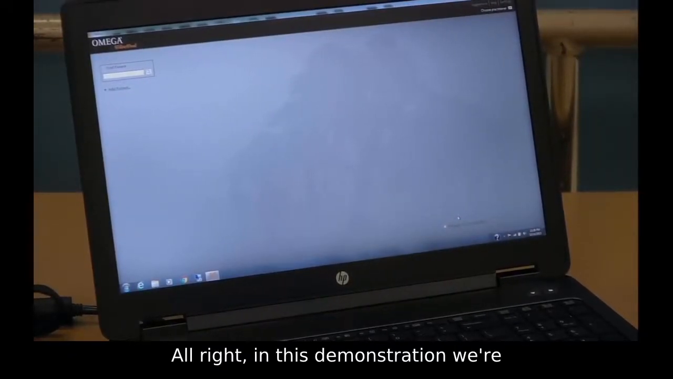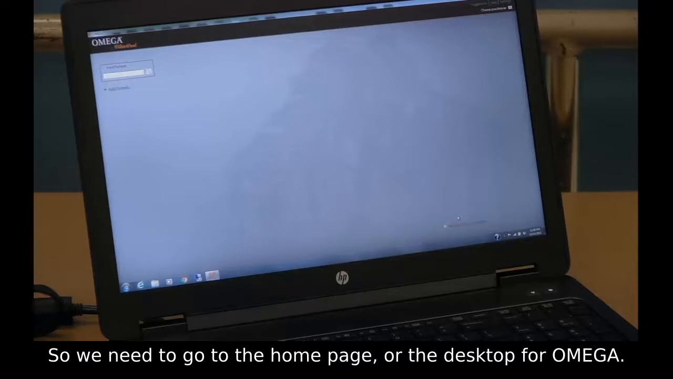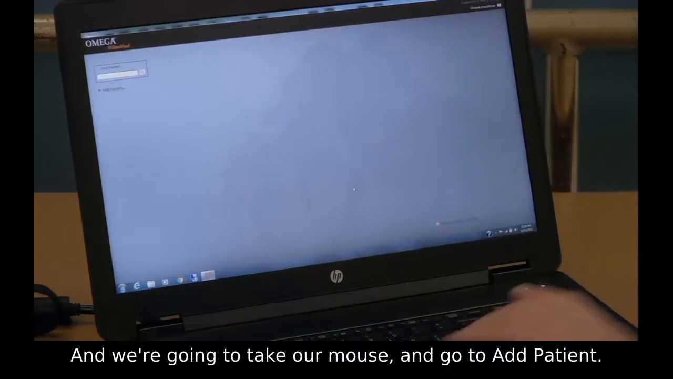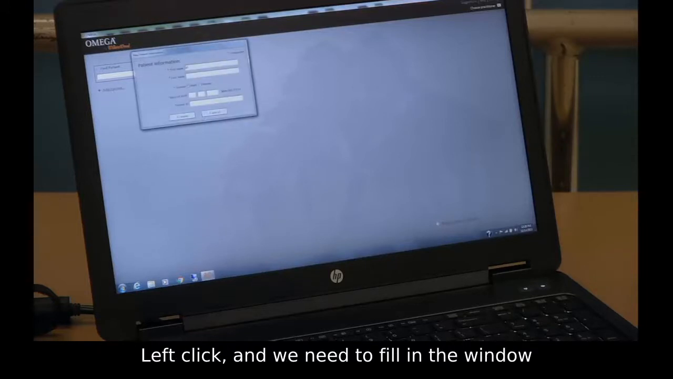All right, in this demonstration, we're going to do an Omega scan of a TLSO. So we need to go to the home page or the desktop for Omega. And we're going to take our mouse and go to Add Patient, left click, and we need to fill in